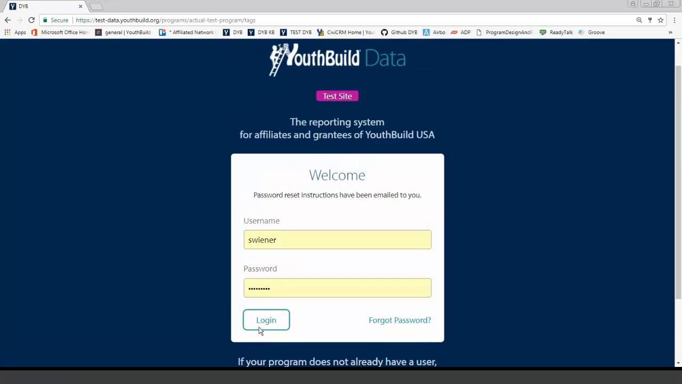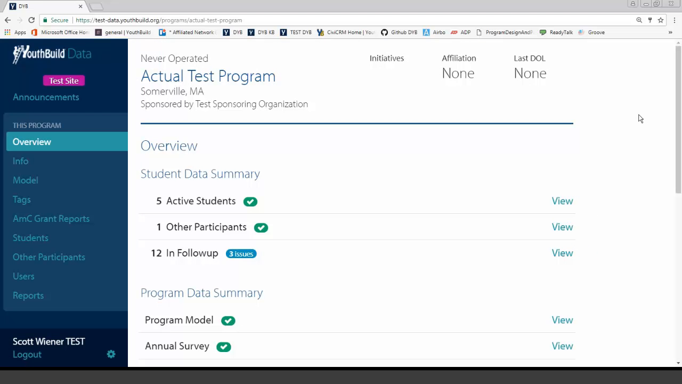Let's go ahead and get logged in. Once you log in, you will land on the program overview page. Now that we're here, let's talk about how most pages work in DYB. There's always a menu on the side to take you where you need to go. And the top bar will have helpful information that matches the context of the page that you are on. For example,